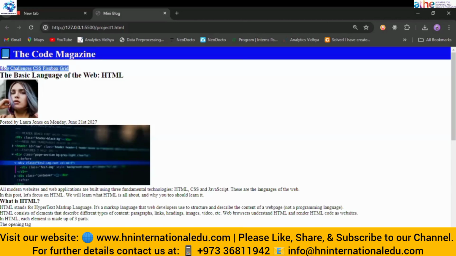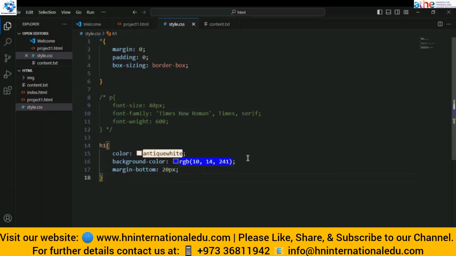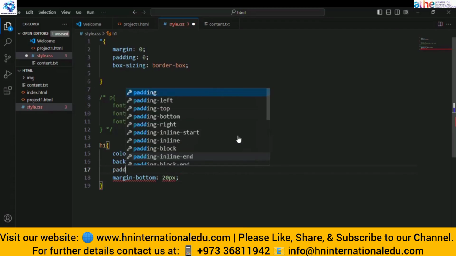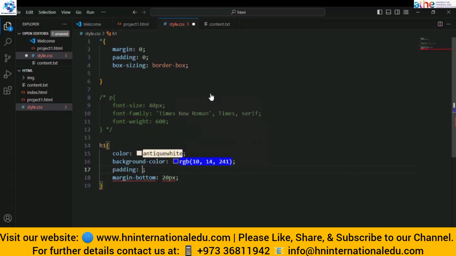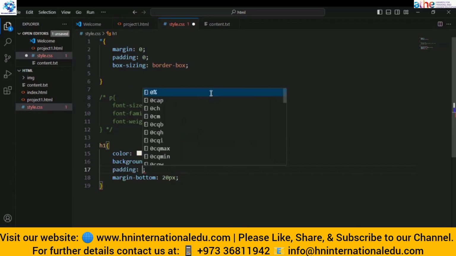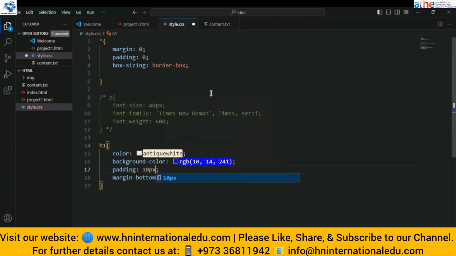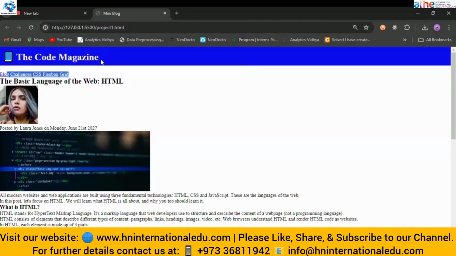But if I give padding, what will happen now? Let's give it 10 pixels just for now. You can see the space is created around this piece of code, from here and here. Let me explain more.